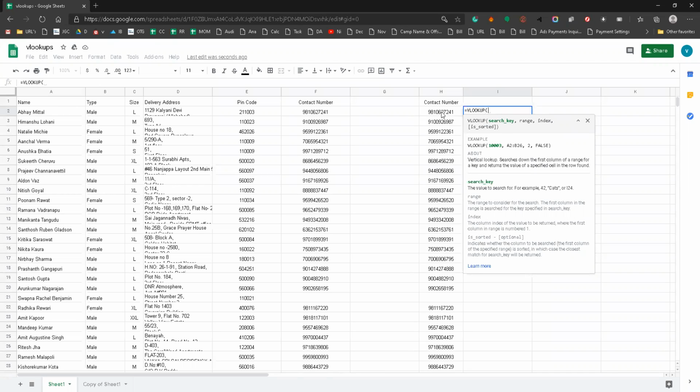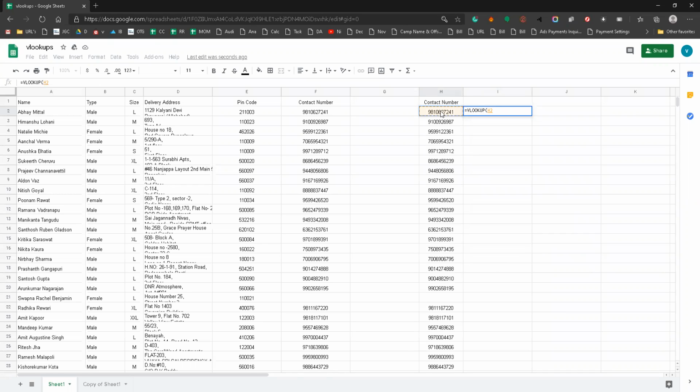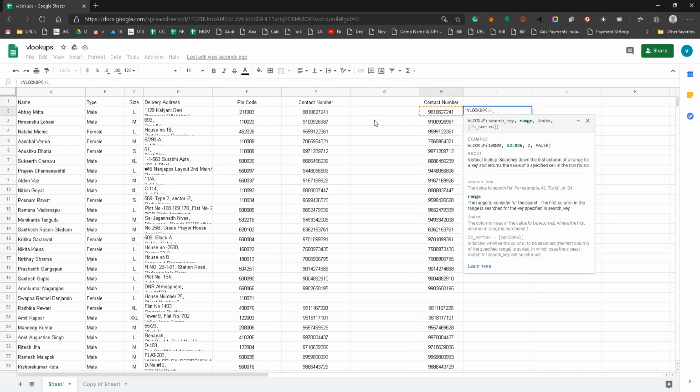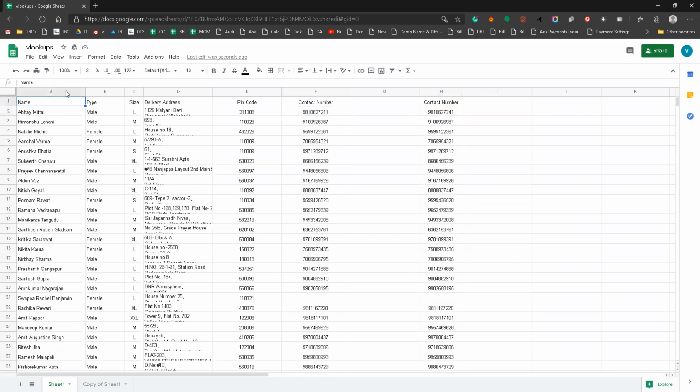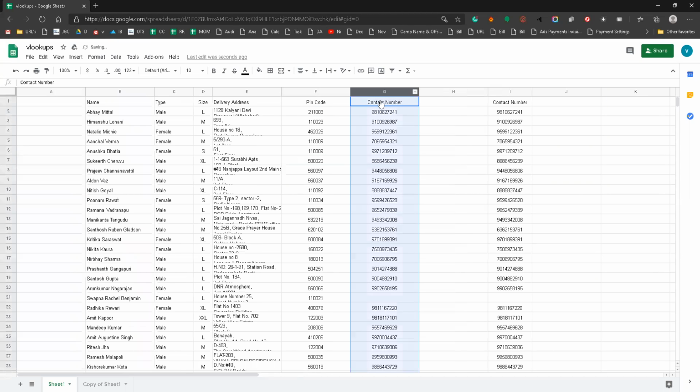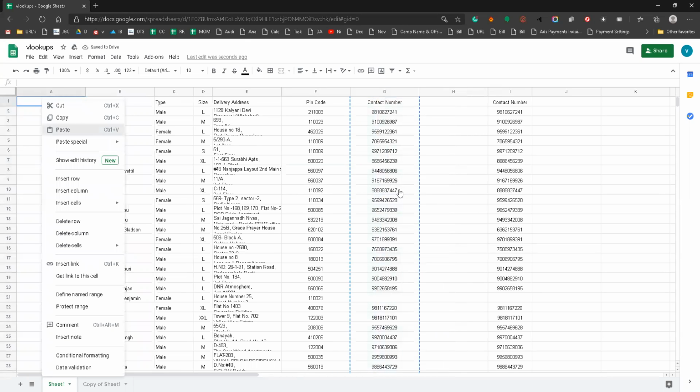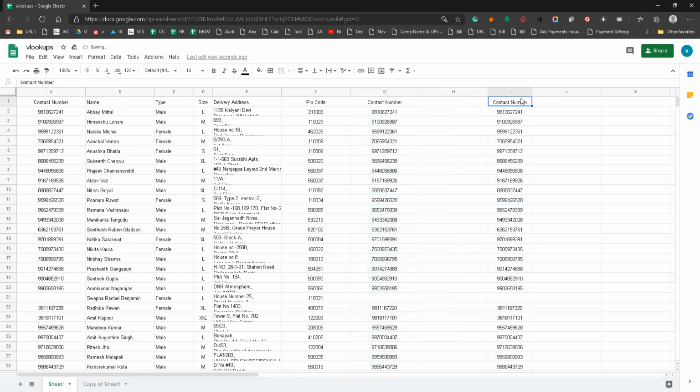For example, I want to VLOOKUP this particular cell of mobile number and extract the data of columns A to F. Using that mobile number I have to take the data of name. For every data we have to have a matching case beside it. Here it is not there, so I'll add the mobile number at the front. I'll sort this data randomly.